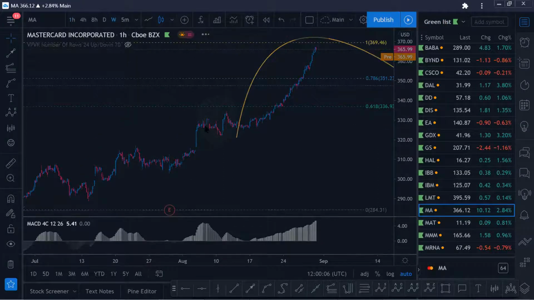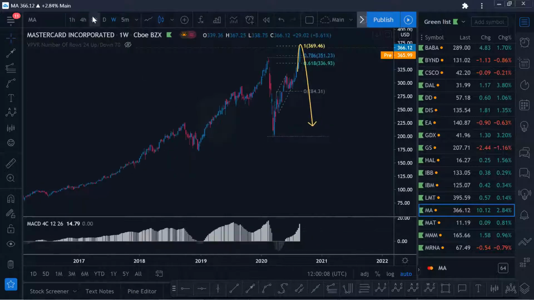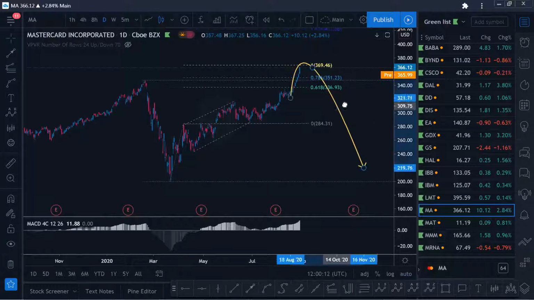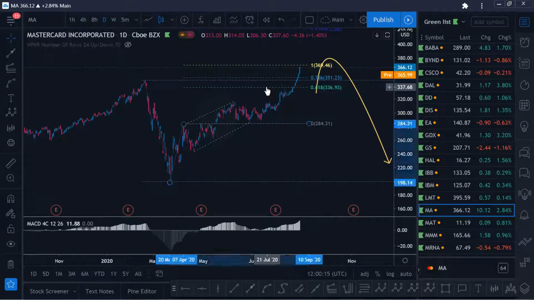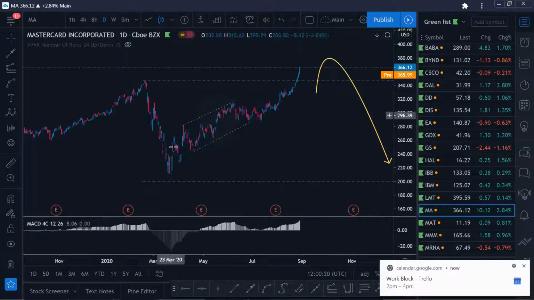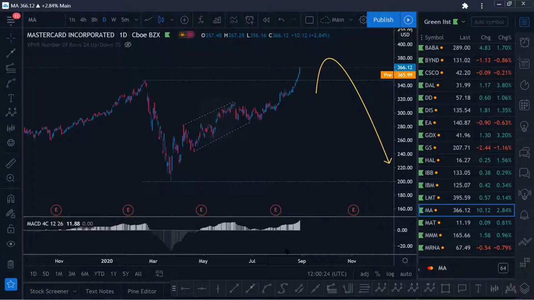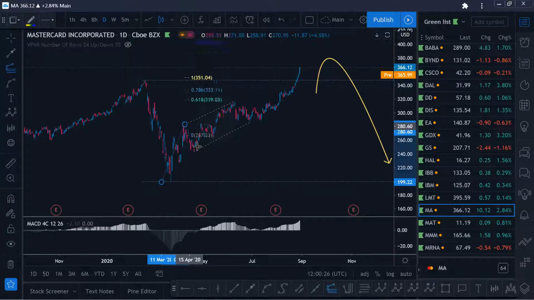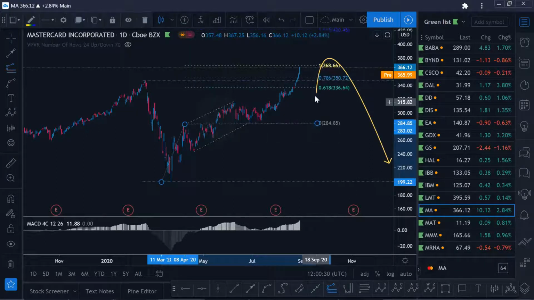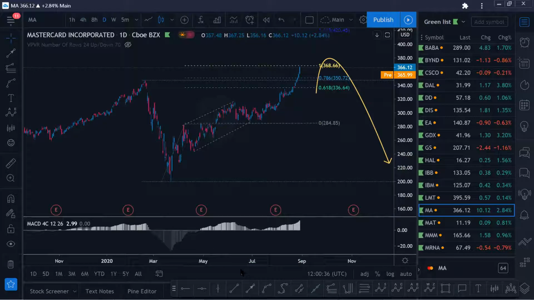MasterCard is something we're looking at on the higher degree structure on the daily. As you can see, just a really nice looking corrective structure. Quite impulsive, but very much in terms of what looks like a B wave, a C of B wave. We have a nice impulse up, going to a very clean running flat, and we are now pushing up towards the full target, or pushing on that full target of the C of B wave,